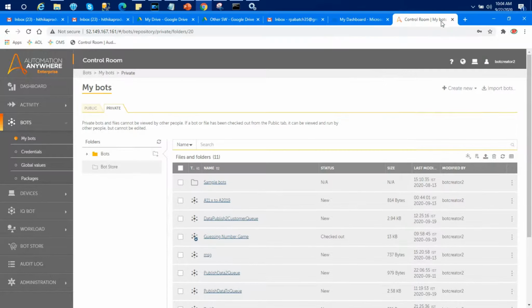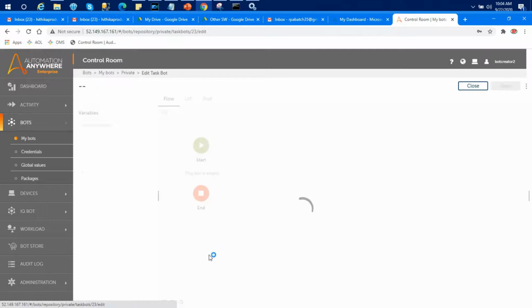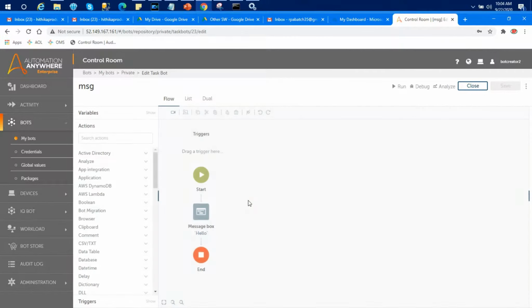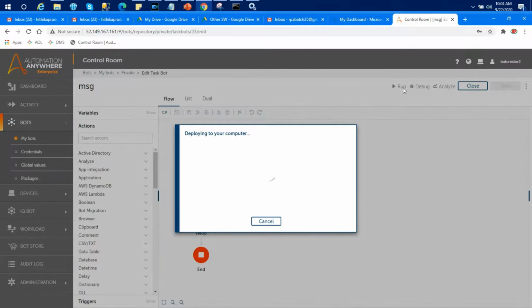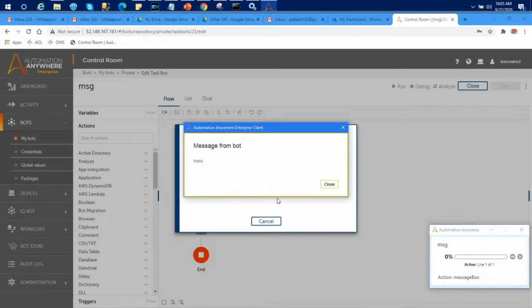Now if I run the bot again, when you open the task and try to delete the dependencies, it's going to throw an error since it is in use. If I rerun it, you might see the downloading dependencies option, and it takes a little longer than the previous execution.